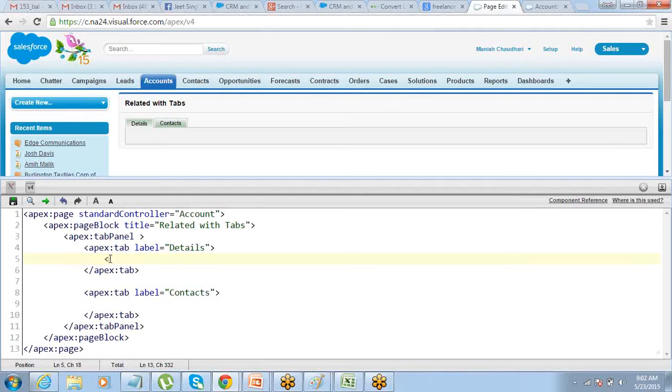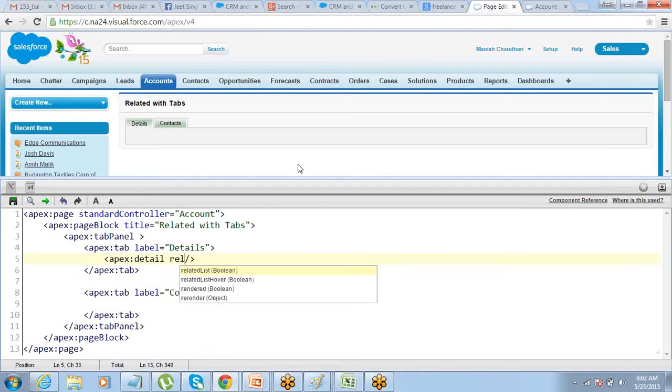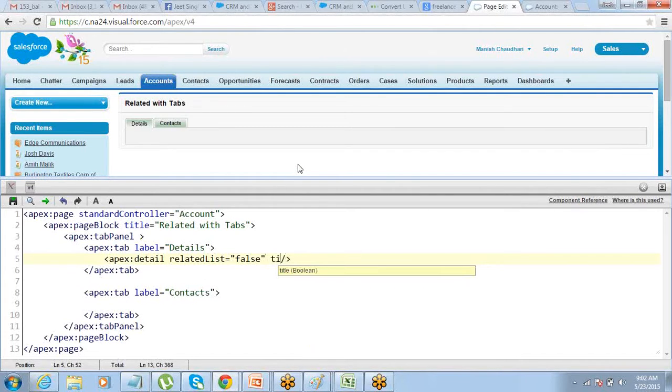So it can be Apex detail, related list equals false, and title equals false.